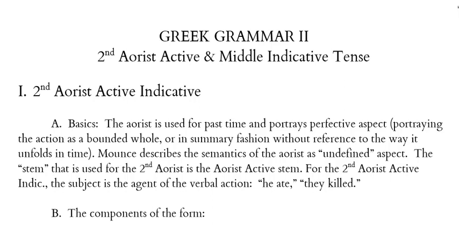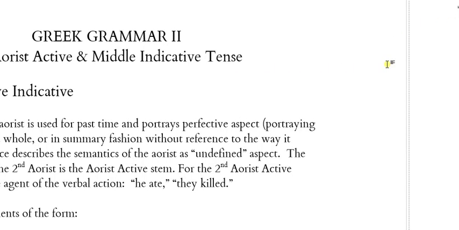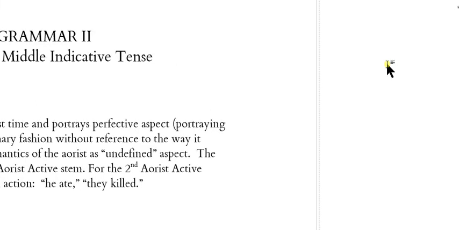Now, let's talk for just a quick moment about why this is called a second aorist, okay? There is such a thing as a first aorist and a second aorist. These are different ways of forming the aorist tense. And let me just take a moment here to review some English grammar. And think about English verbs